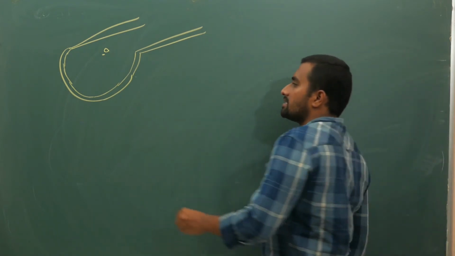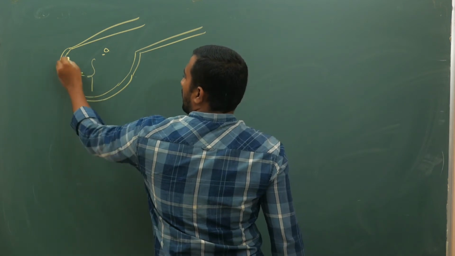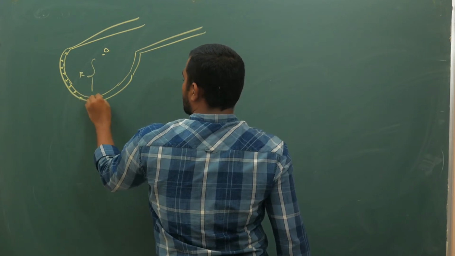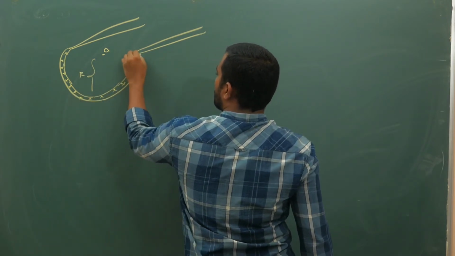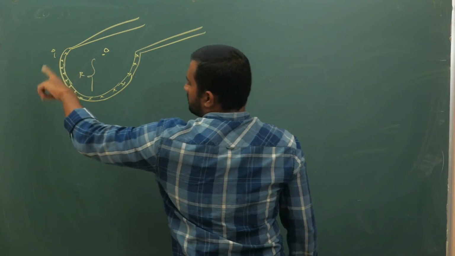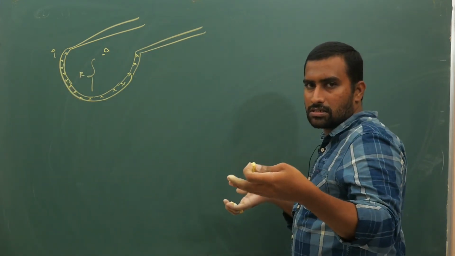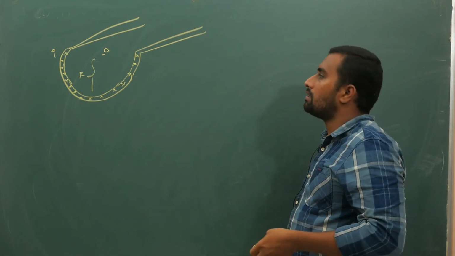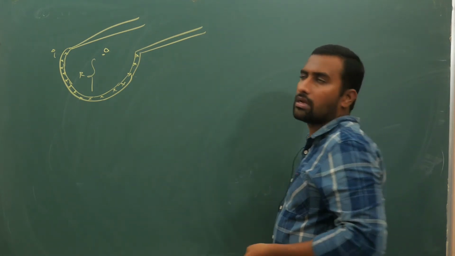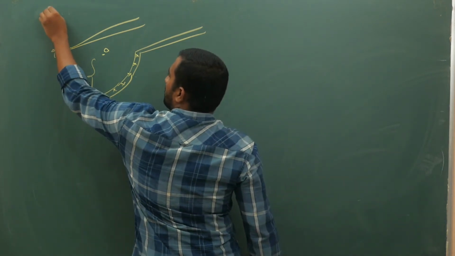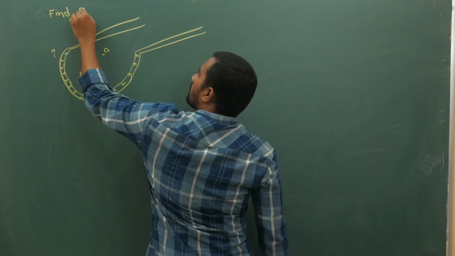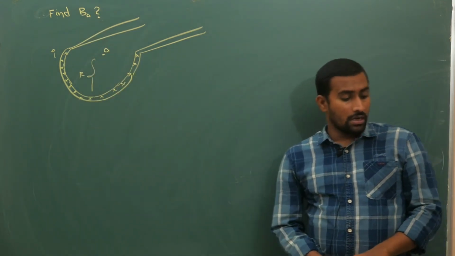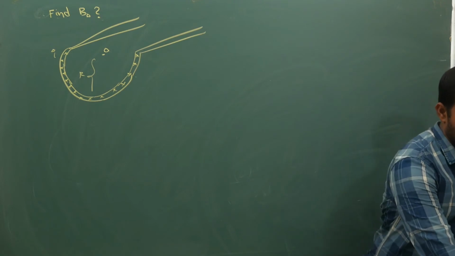Let us say the radius is R and the current along this cross section outer layer alone is some I. Okay, I current is being carried along this, what you can tell is like a cut hollow cylinder or a cylindrical outer pipe like this. Your question is, find magnetic field at O. Find BO. That is your question. Okay, now I want you to try it.